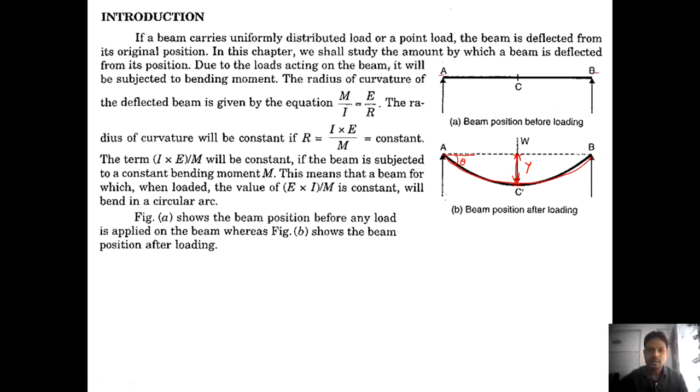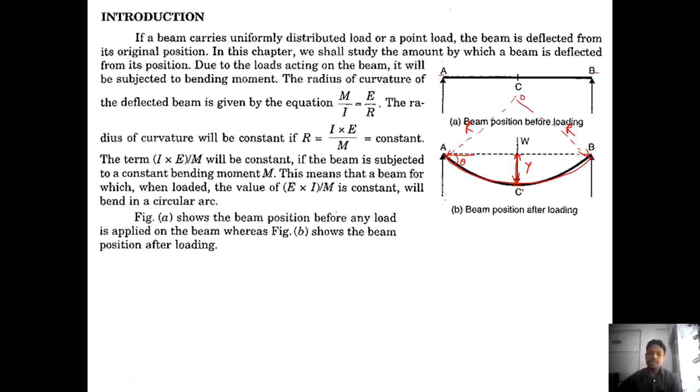So when the beam is deflected, you can find out the deflection as well as the angle of deflection and the radius of curvature. When the beam is deflected, it gets the shape of some curve. Suppose this is the center O of this curve and this is the imaginary radius. So R will be the radius of curvature. R will denote the radius of curvature for the current condition.